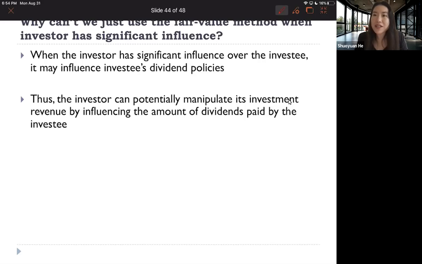And then if investor can influence investee's dividend policy, what can investor do? Investor can potentially manipulate its own investment revenue, which is dividend income, by influencing the amount of dividend paid by the investee, right? So this can be a potential way for investor to manipulate its own earnings. And this cannot be allowed. So that's one reason we're using the equity method in this situation, when investor has significant